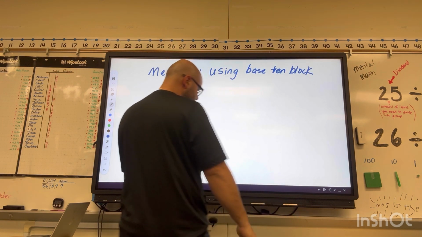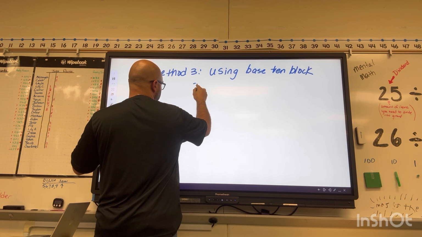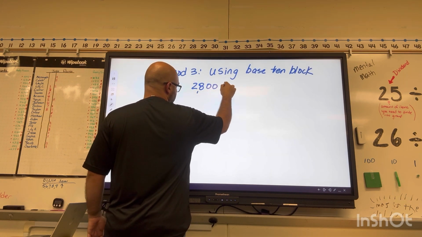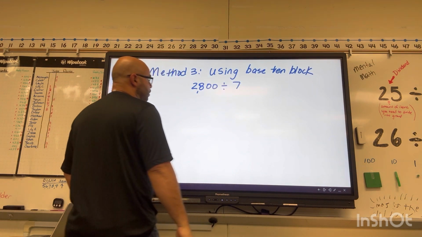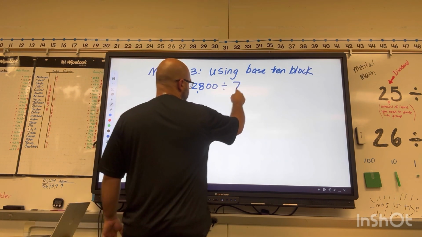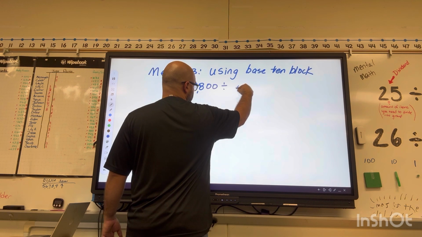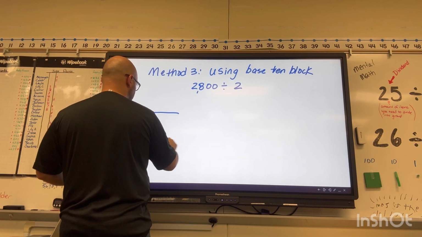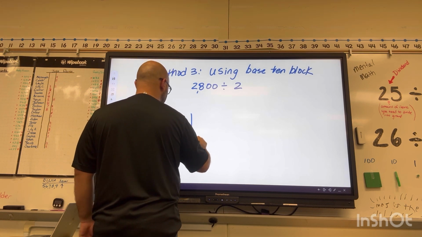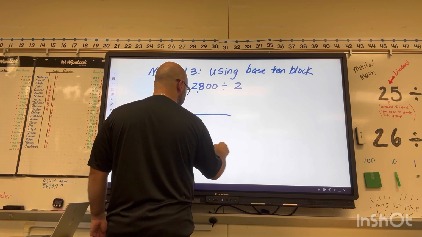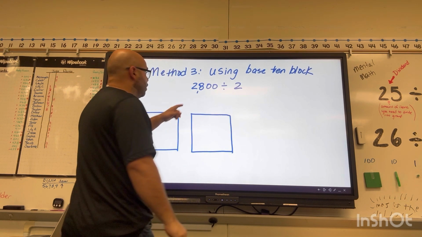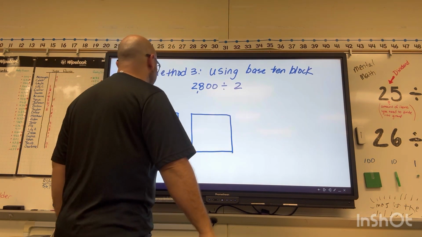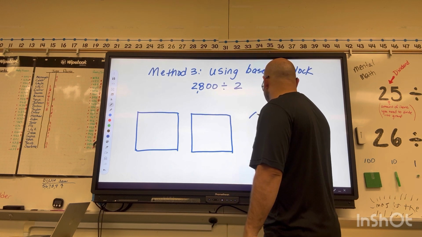Now, let's say they have 2,800. Let's just stick with 2,800 divided by, okay, let's keep it simple, let's divide it by 2. You have 2 groups, because you're dividing the 2,800 into 2 equal groups. You're using your base 10 blocks. So your base 10 blocks, let's say